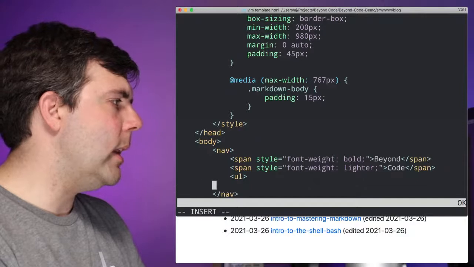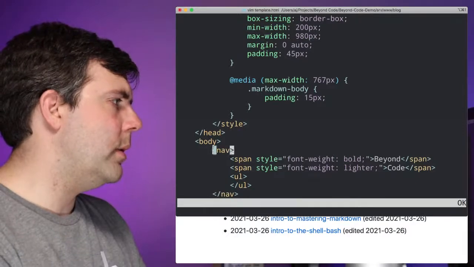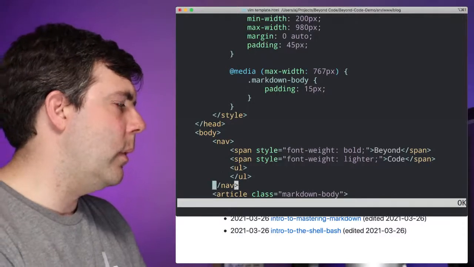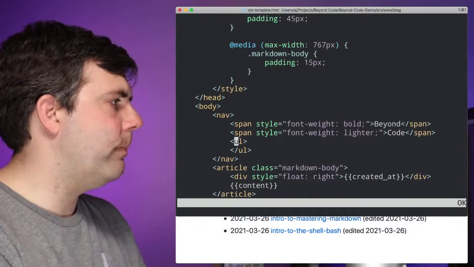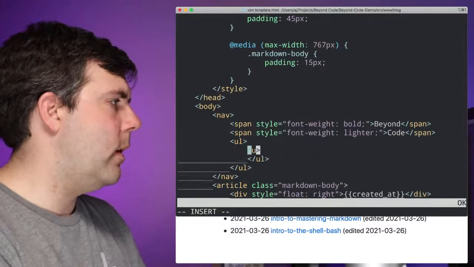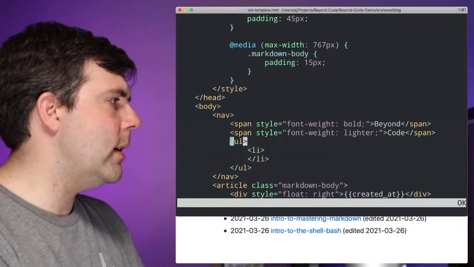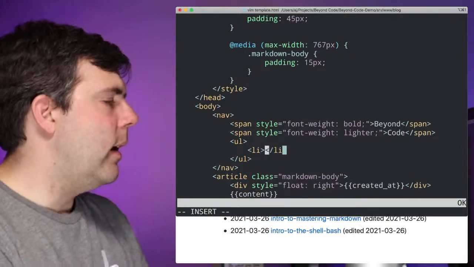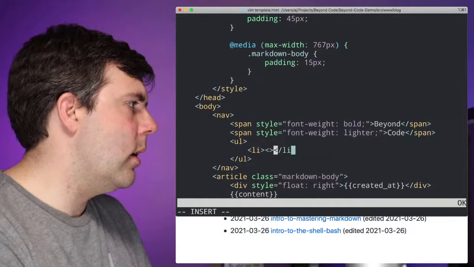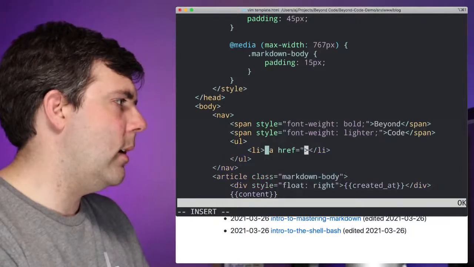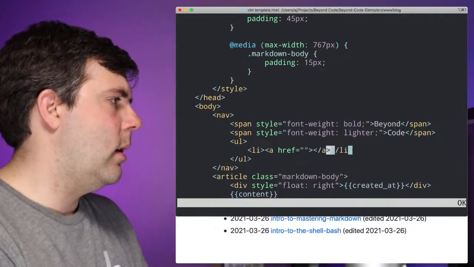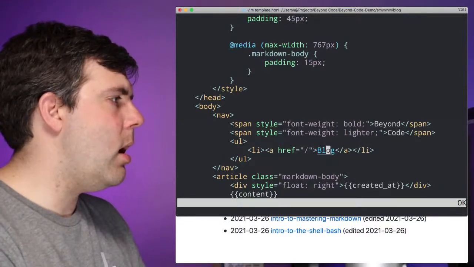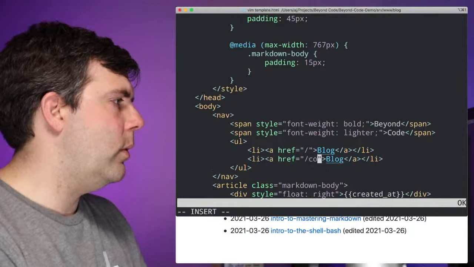We're going to create an unordered list. Notice all the HTML tags, whatever we begin, we have to end with the same tag name with a slash. All right, we're going to create a list item. That's what li stands for. So unordered list, ul, list item, li. And then we're going to put an HTML link. And this one's going to be just slash, and this will be blog. And then we'll do slash